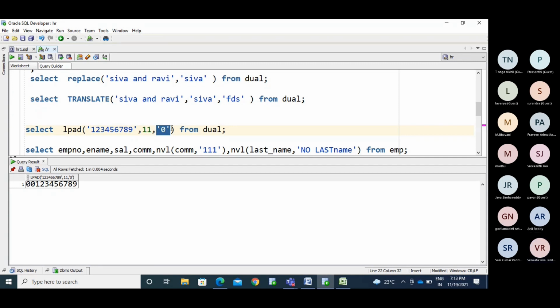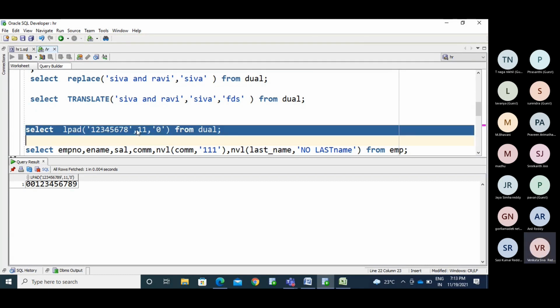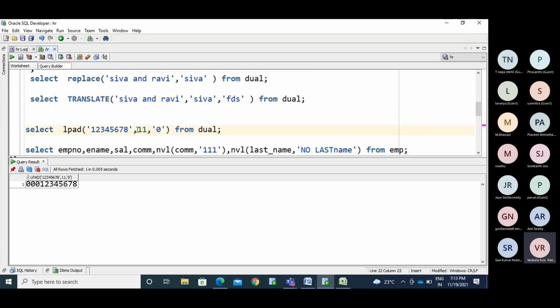See, we have 9 values, so it added 2 zeros. Now I make it 8 values, so it adds 3. Now 7. How many values we have less, that many you can add as padding.